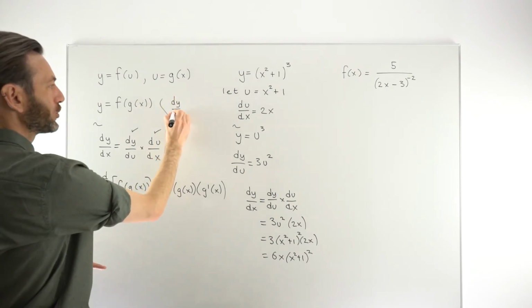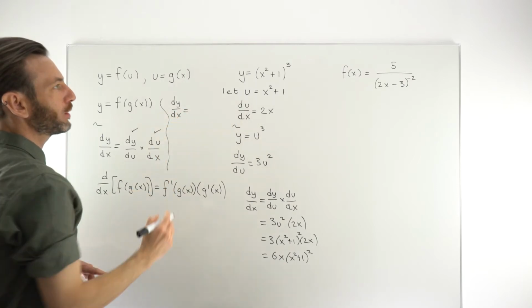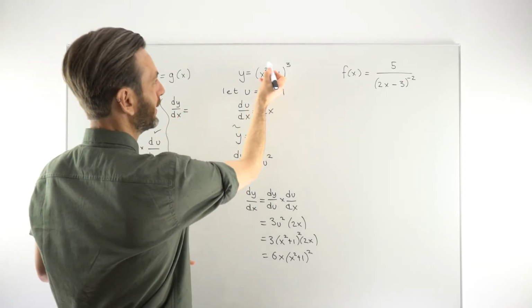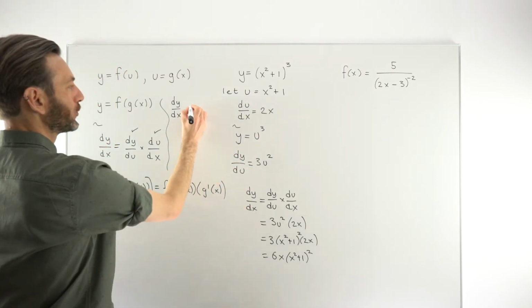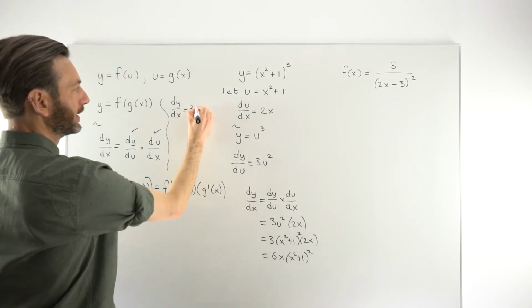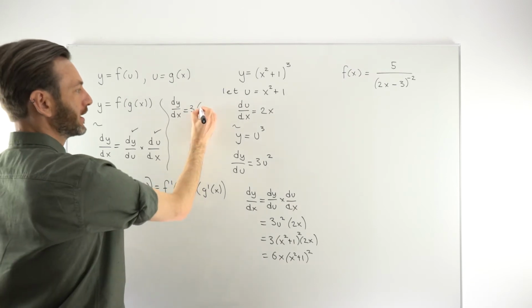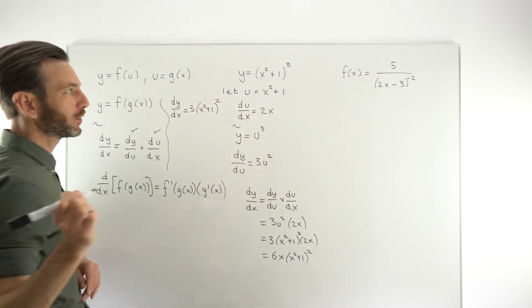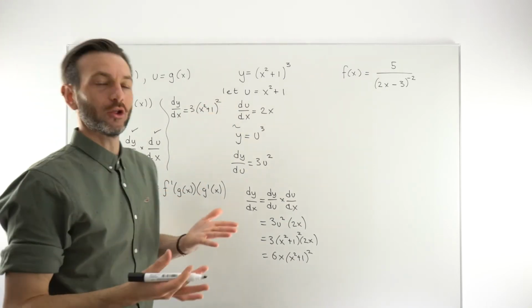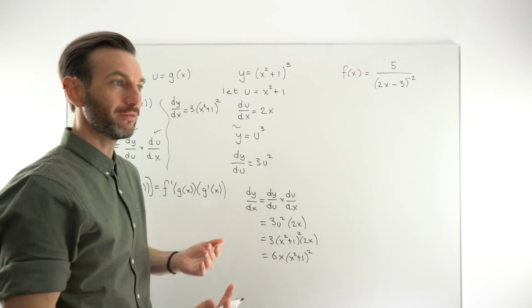If we wanted to differentiate that, we're kind of just using the power rule, because if you imagine that being like a giant x, so it's x cubed. Well, the power rule just says multiply by the power, and then leave your x or whatever it is, in this case the bracket x squared plus 1, alone. Take 1 off the power. And then the thing that makes it the chain rule is then multiplying by the derivative of the inside of